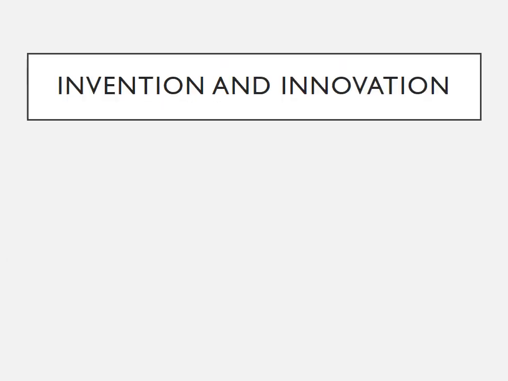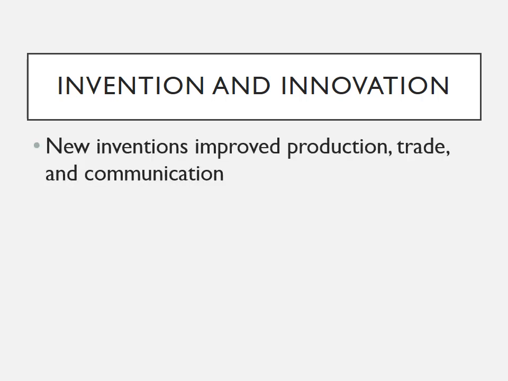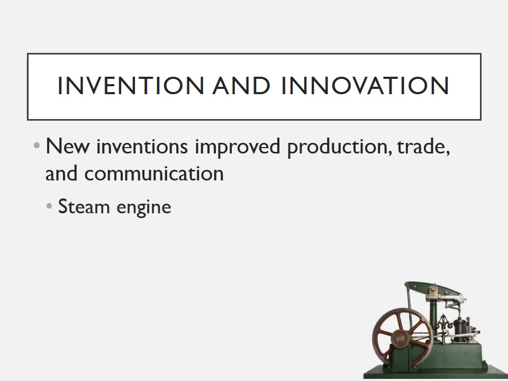Other major inventions and innovations that come at this time are going to improve production, trade, and also communication. So a good example of this would be the steam engine. Although this was not invented in the United States, the steam engine would have a massive impact on all industry because it allowed for a lot more power than any type of energy that had come before it. And so this was a clean source of power. It was very, very powerful, produced a lot of energy,